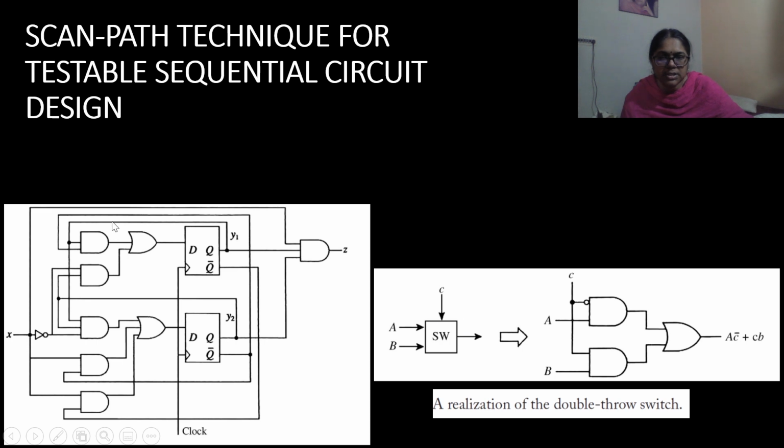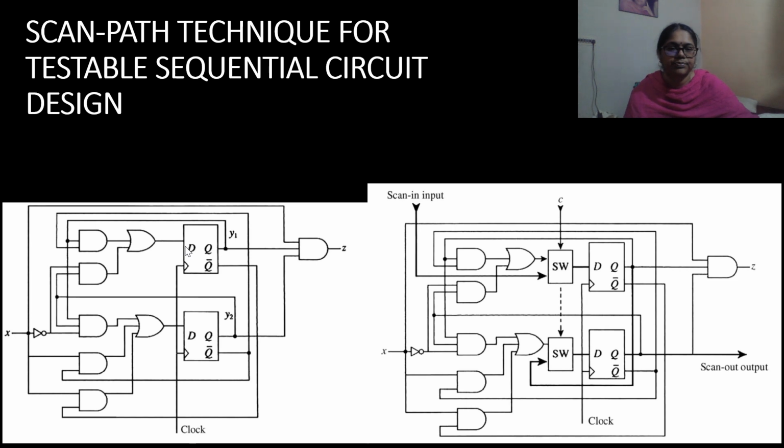So this particular switch is incorporated at the inputs in this fashion. In the shift register mode, the first flip-flop can be set directly from primary inputs, that is scan-in inputs, and the output of the last flip-flop can be directly monitored on the primary output, that is scan-out output. This means that the circuit can be set to any desired state via the scan-in inputs, and that the internal state can be determined via the scan-out output.